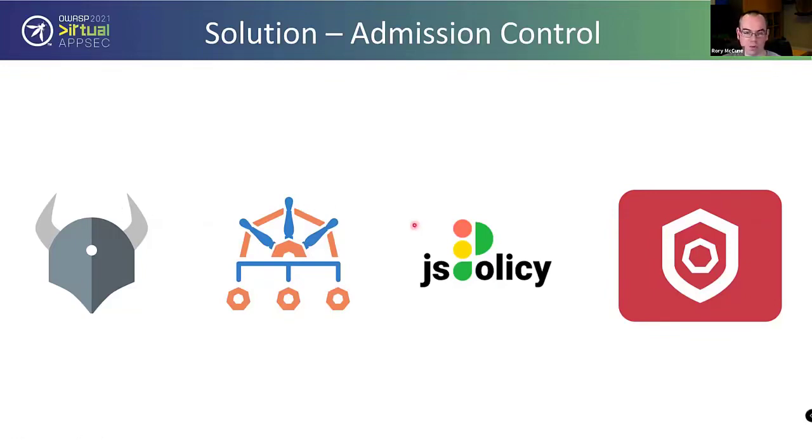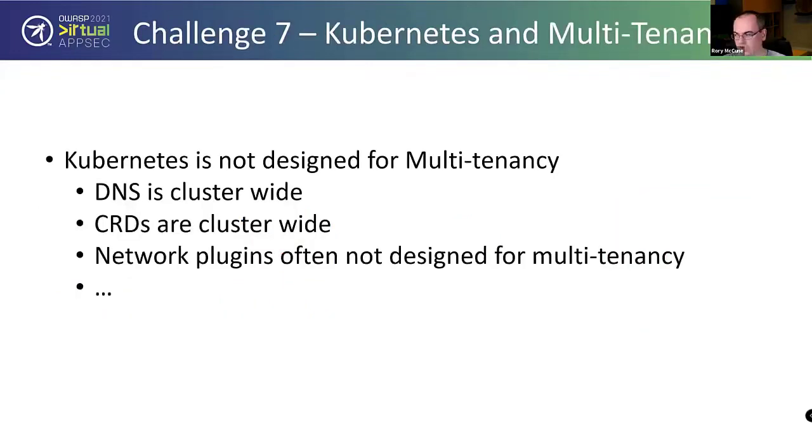Two newer ones which came up this year: JS Policy, where you write your admission control rules in JavaScript. So if you're a JavaScript house and you're super great with JavaScript, maybe that's a good option. And then Kubewarden uses WebAssembly, which means you can write admission control rules using things like Rust. Those are both newer projects though. But the key point is you do need something for admission control. If you're doing Kubernetes at any kind of large scale, you need some kind of external admission control. So the last of the challenges that I want to talk about